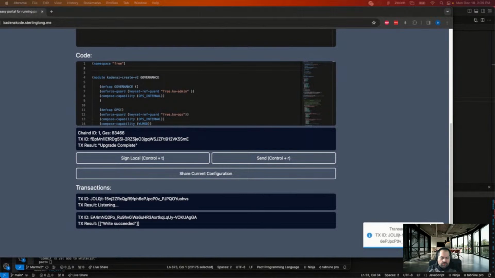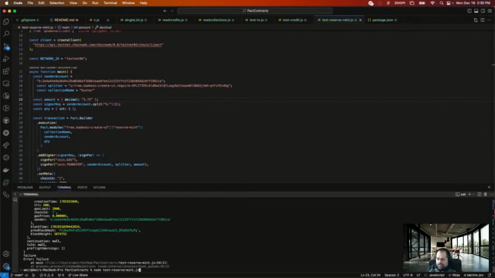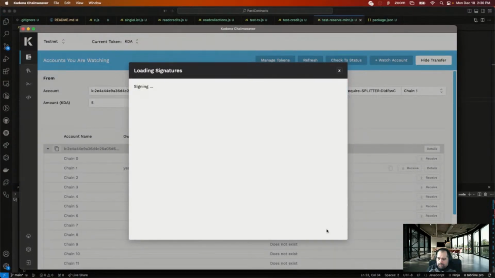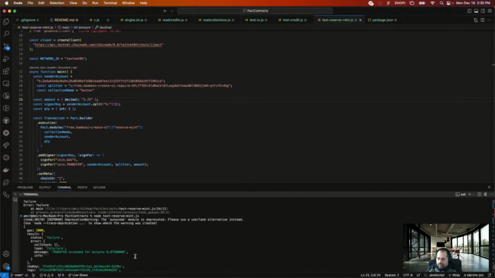I thought rounding down with floor would be fine, but maybe not. Okay. I mean, worth a shot. Okay. Transfer exceeded.